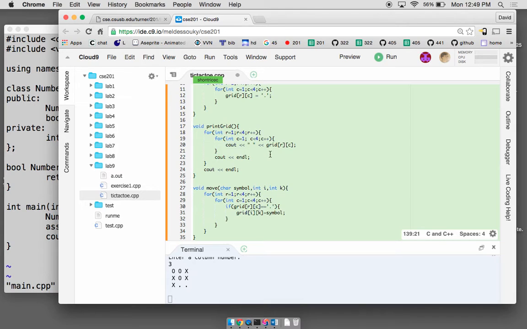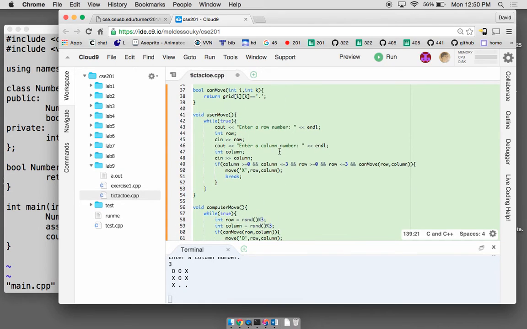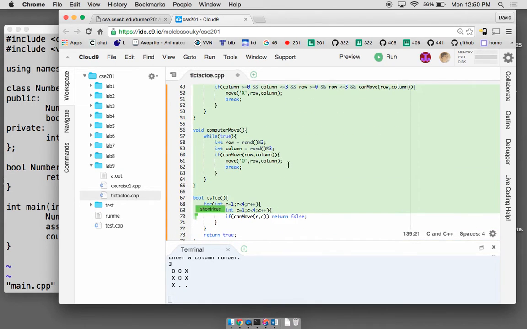Or you could write everything so that it works like this. So you need a 4 by 4 grid and ignore row 0 and column 0. You could do it like that. Yeah, so there's an inconsistency here. I still don't even see what the problem is. Why is it going down to computer move? Go down to computer move. I think we only have to change it from being able to enter 0 to being able to only enter